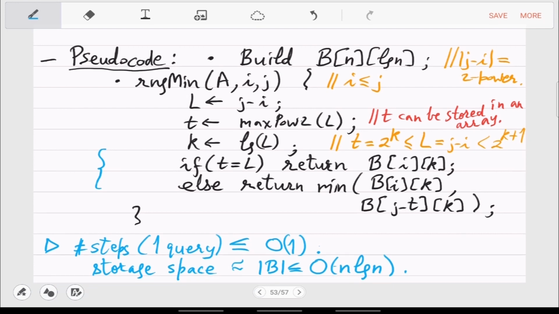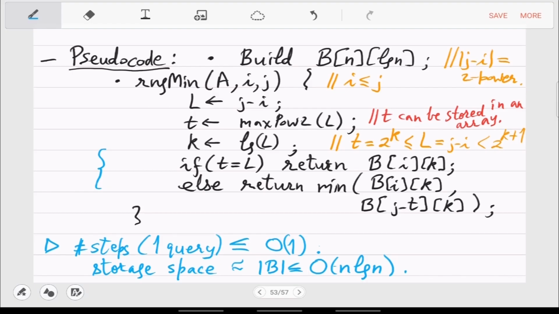If they are bigger, then proportionately bigger time, bigger space. So, keeping that in mind, the storage space is only n log n. Any questions till now? Because now we'll move to the harder part, which is how do you do the one-time investment? How do you build B in the fastest possible time?